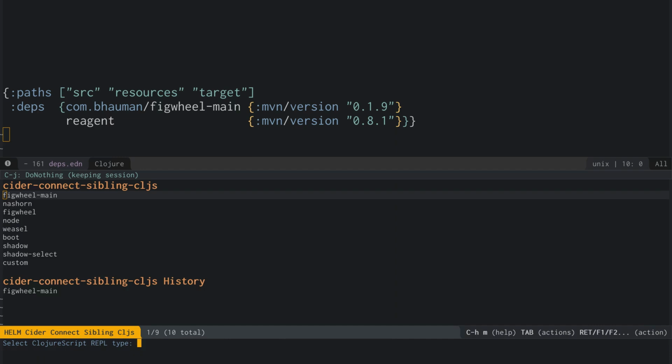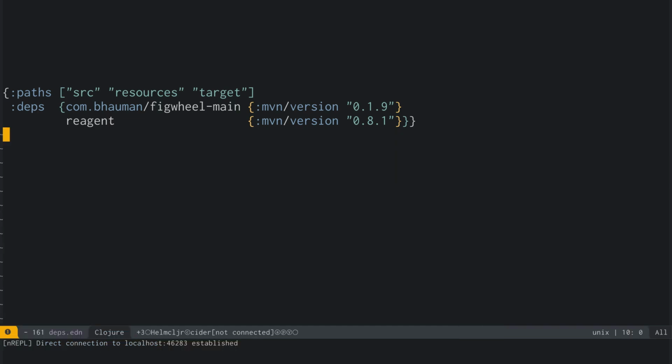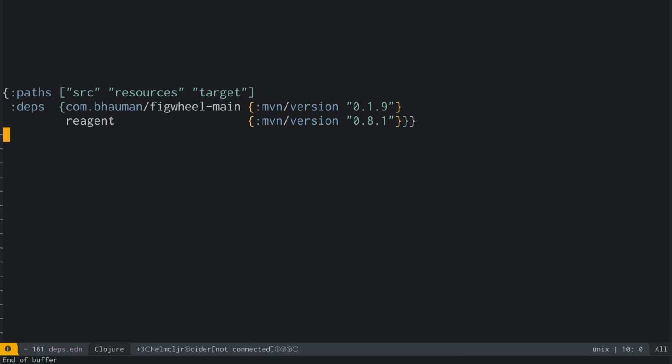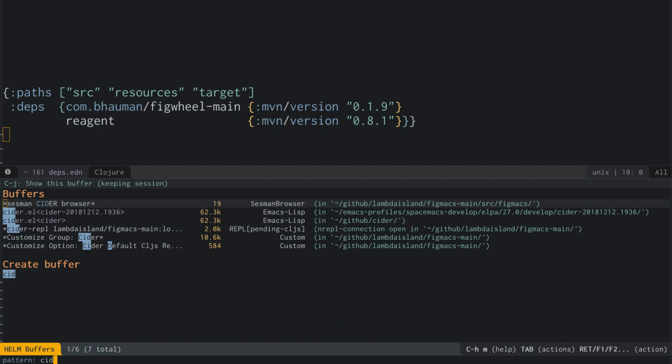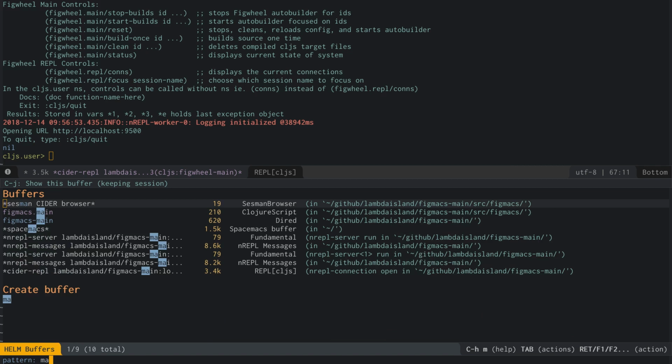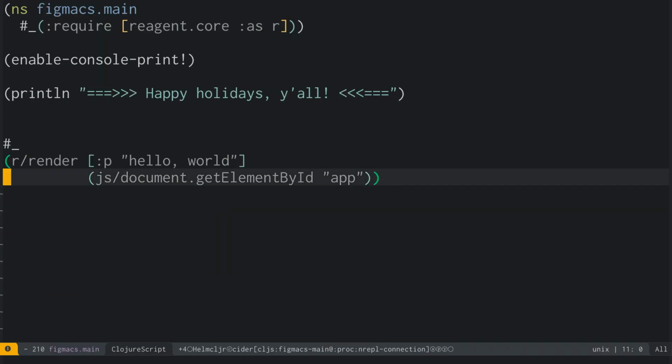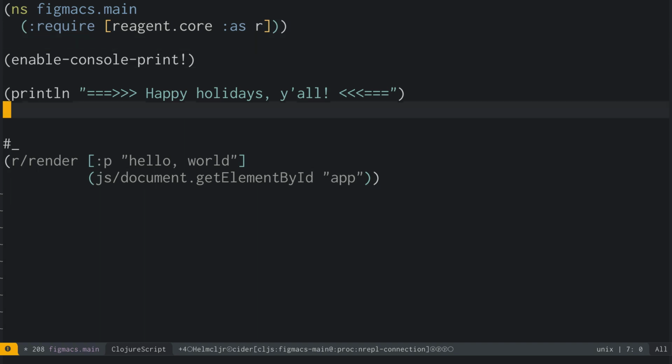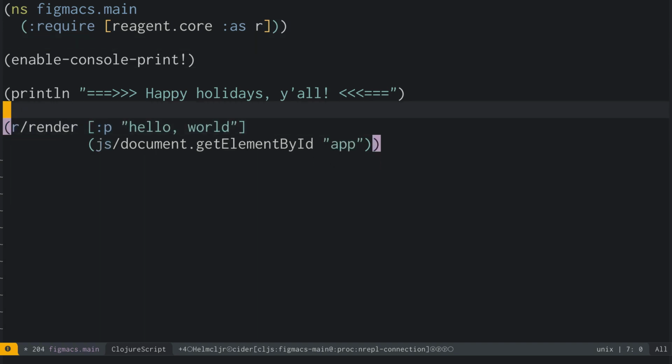And yes, I didn't pick up the changes in dir locals in this buffer. But okay, that's fine. I'm not going to kill that process now. I'll just put in the choices. So here's our REPL, it's initializing, and here we are. And so that means that I can now mount my amazing reagent app